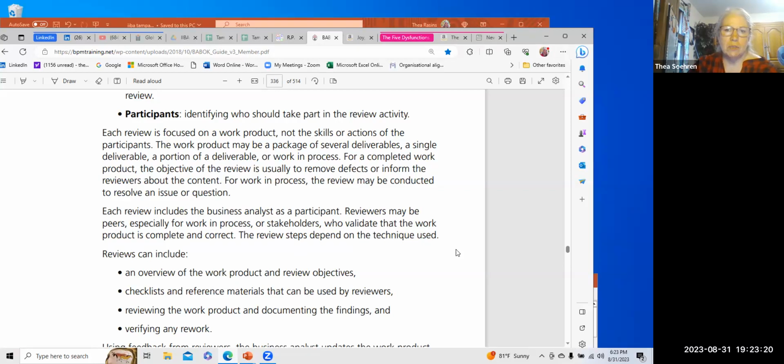It may be a package of several deliverables, a single deliverable, a portion of a deliverable, or a work in process. Or for a completed work product, the objective of the review is usually to remove defects or inform the reviewers about the content. One of the good things about UAT testing,